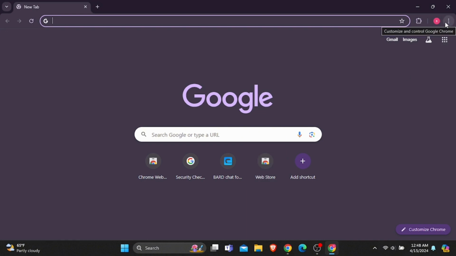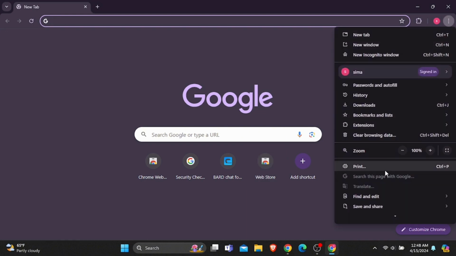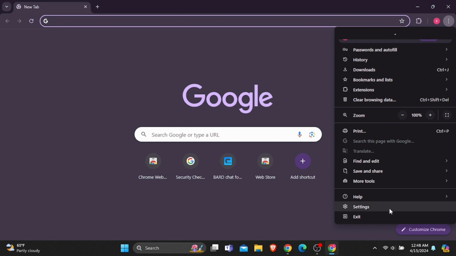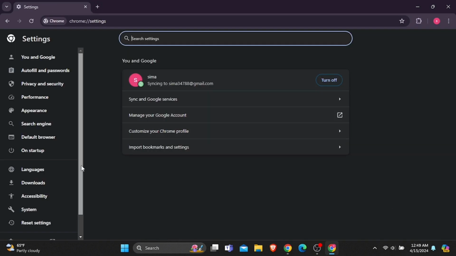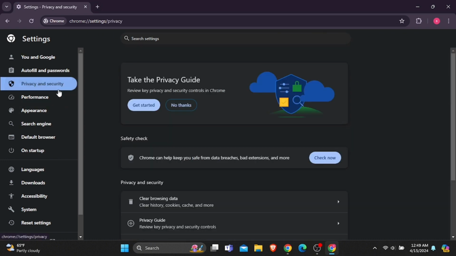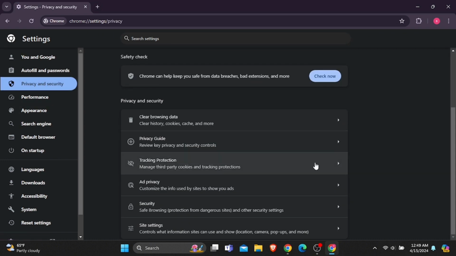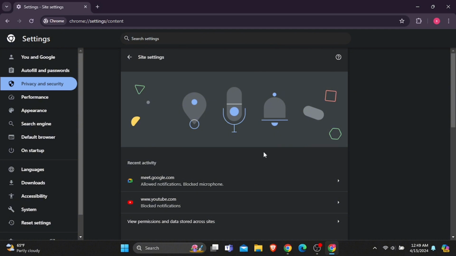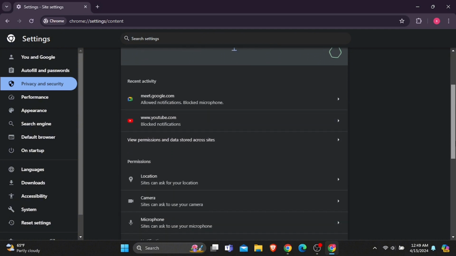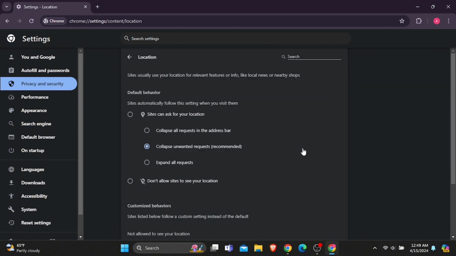For that, firstly go to Google Chrome browser and click on the three dots at the top right corner. After that, scroll below to go to settings, click on settings option and then go to privacy and security. There you need to go to site settings. So scroll below and click on site settings option, and as you can see there's the option of location in